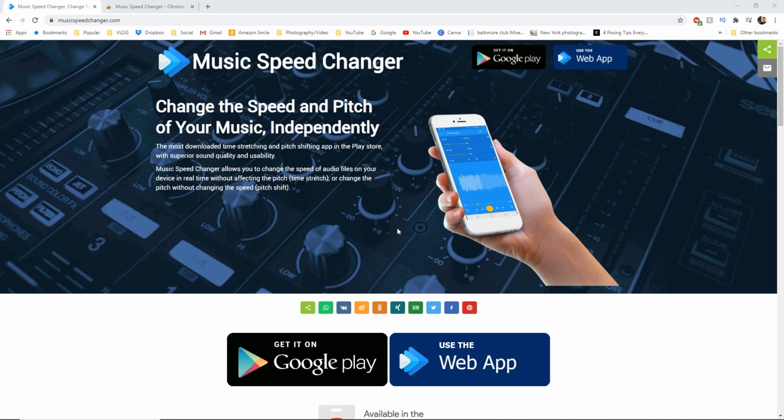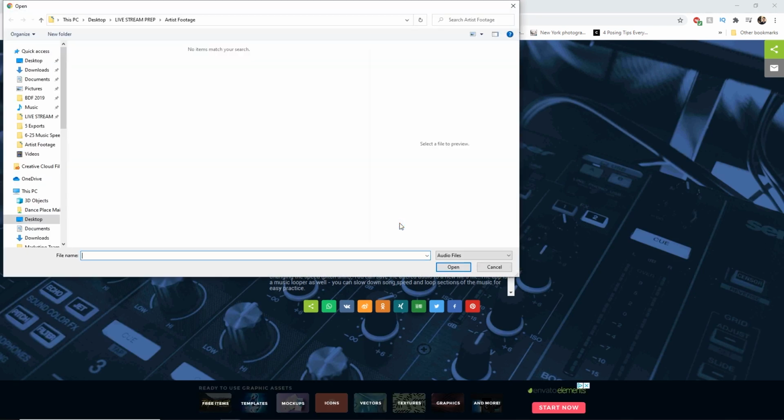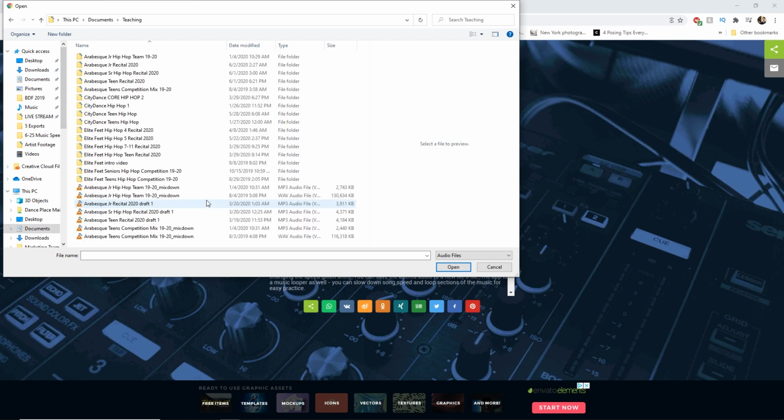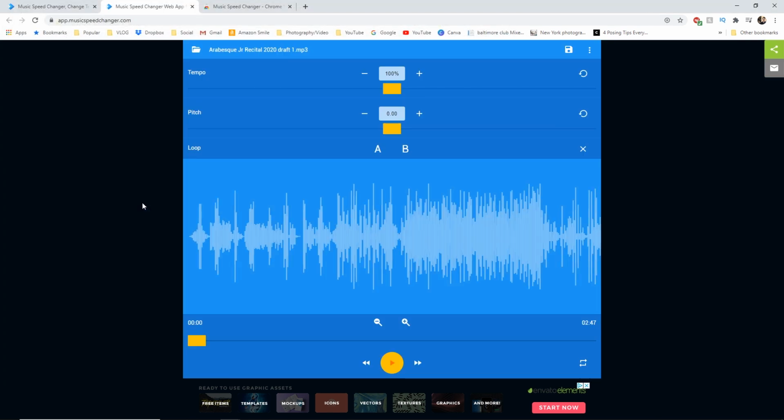So you'll see here, it says get on Google Play or use the web app. So we're just gonna click on web app. Then it's gonna ask you to choose a file. And you'll see here, it looks the exact same as the app. Basically, you have your tempo, your pitch, your looping points, music player, all that. So if I hit play,